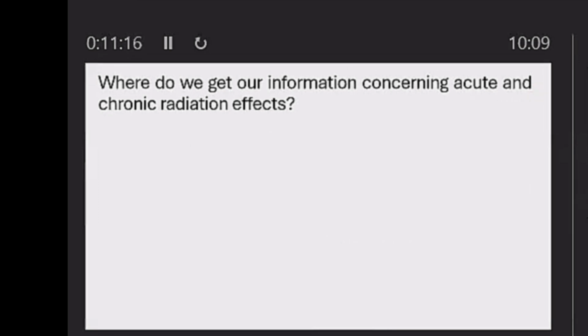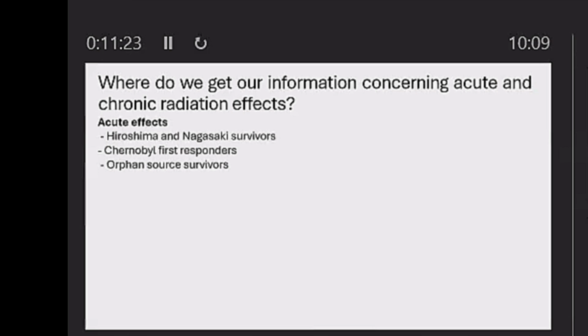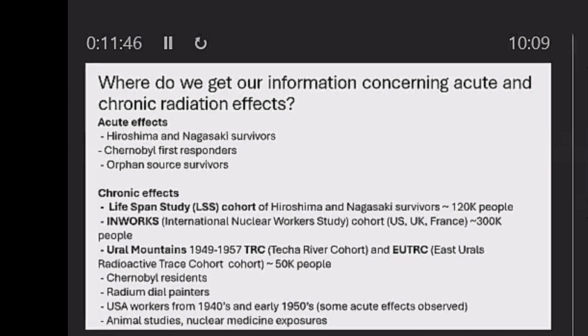So where do we get our information concerning acute and chronic radiation effects? For acute effects, we're getting it from Hiroshima, Nagasaki, right, the atomic bomb survivors. We're getting it from the Chernobyl first responders and orphan source survivors. Also, some of the nuclear workers at Los Alamos in the 1940s. For chronic effects, we're getting